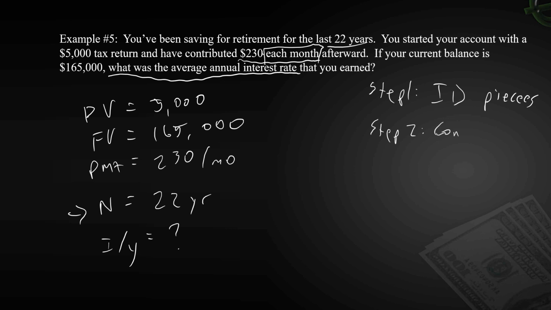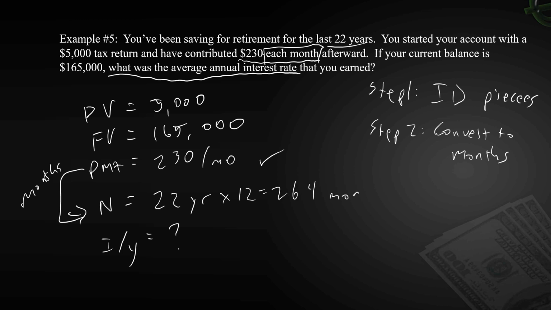We need months. So payment and N need to be in months. Are they? Okay, payment is already per month, so that's good, but our time, N, is in years, so we need to multiply it by 12 to get us 264 months. Okay, so now we have months and months, so we match, so that's good. Step 3,